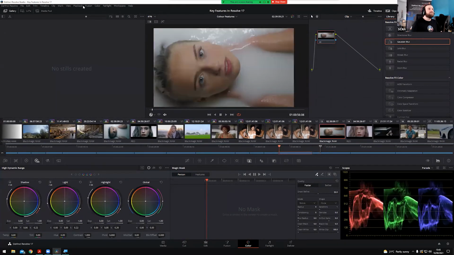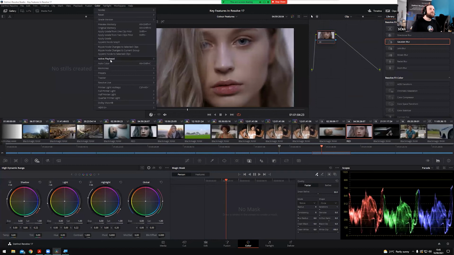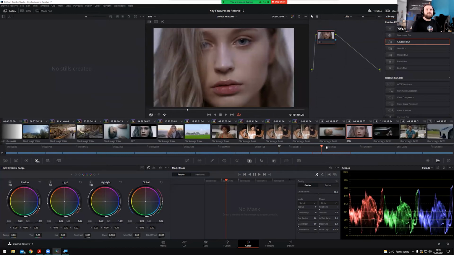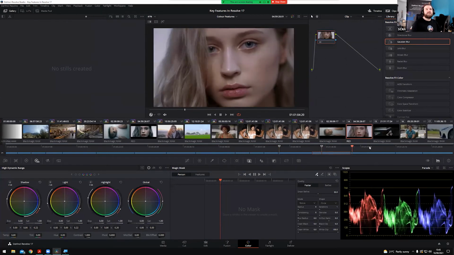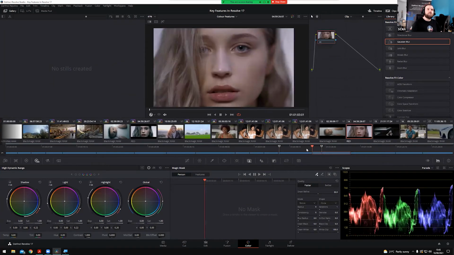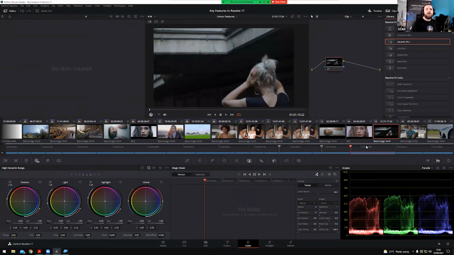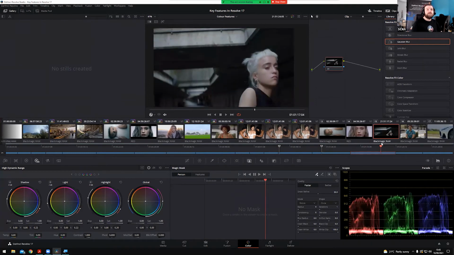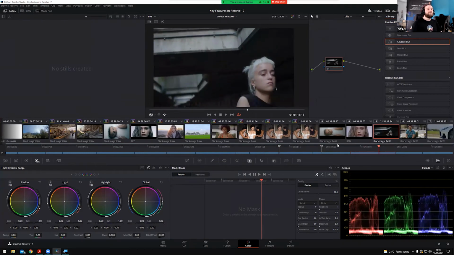We've had the ability to have multiple playheads. I might even add a third. Why not? Active playhead, playhead C. There we go. We've had the ability to have multiple playheads that we can jump between in Resolve for a while. But what's new in Resolve 17 is that we can actually use these playheads to compare clips using the